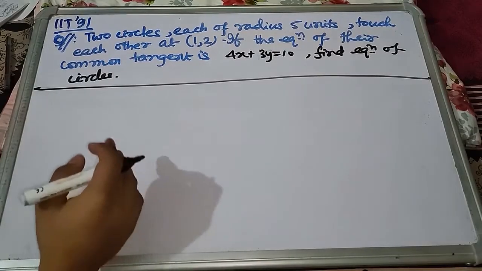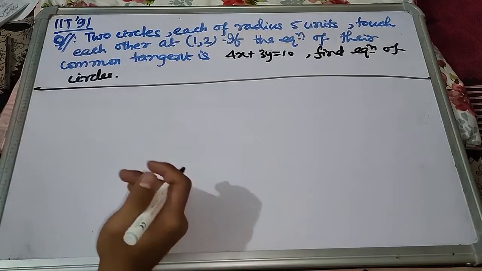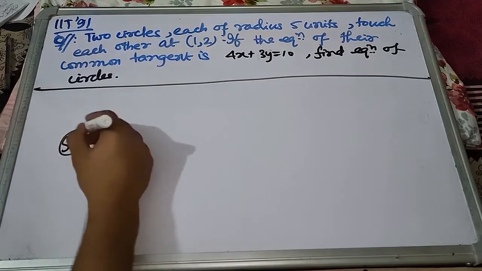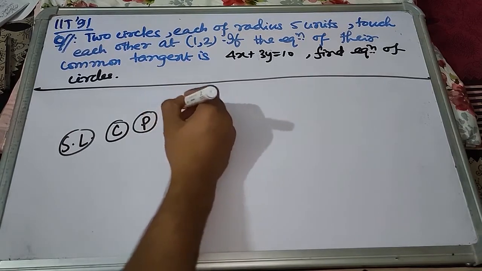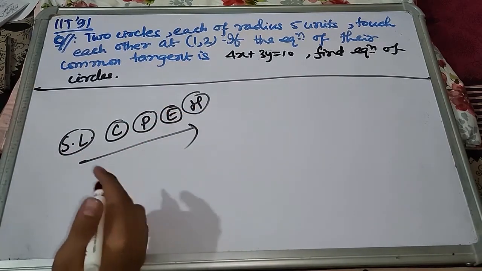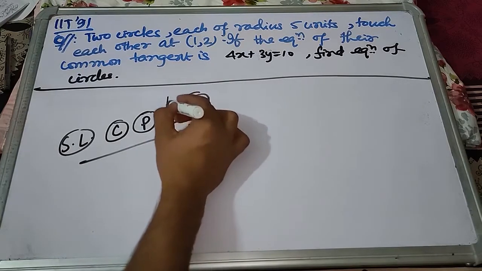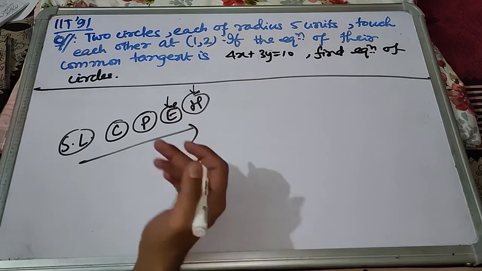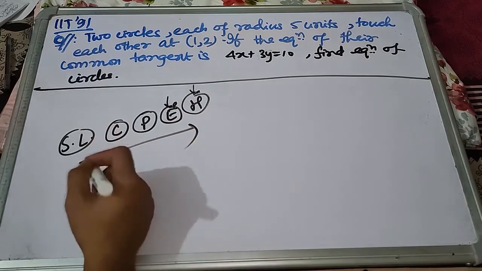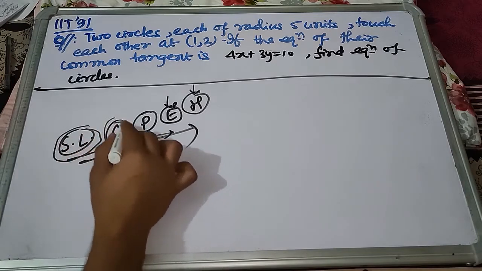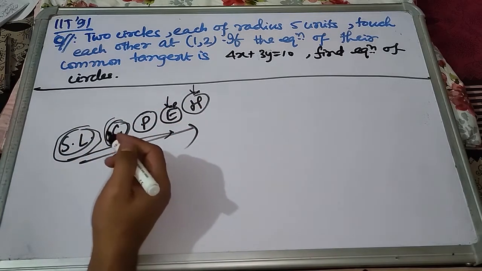When we begin learning coordinate geometry, we follow a sequence. First we learn straight line, then circle, then parabola, ellipse, and then hyperbola. This is the general sequence followed. One just cannot go and directly learn ellipse or hyperbola. I mean, they can, I don't know their learning methodology, but they can learn. Although it is advisable to go in this progression, because the things you learn in this chapter are actually used in the further chapters ahead.